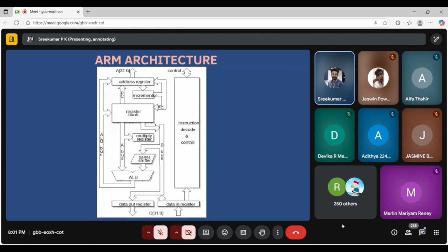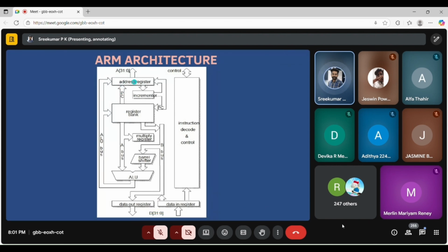They don't reveal everything they created inside the architecture. Just like every architecture, it has an instruction decode and control unit. It has a separate address bus. It has a separate data bus, just like what we have in Harvard architecture.